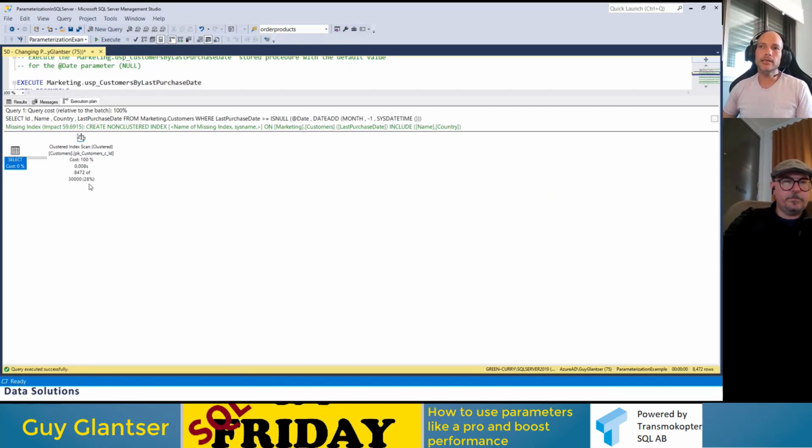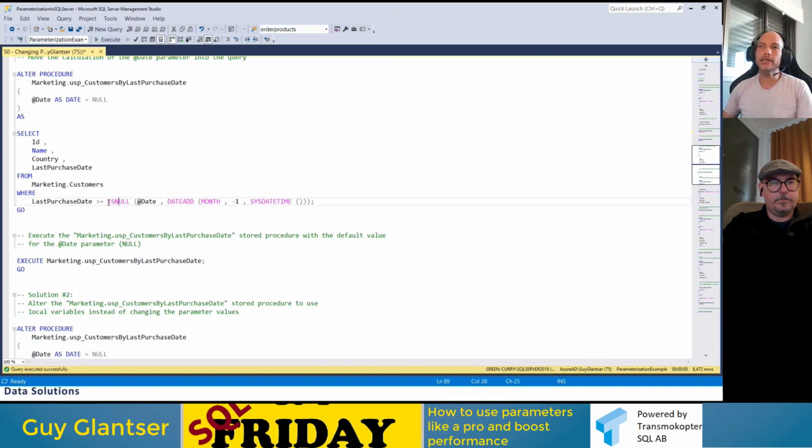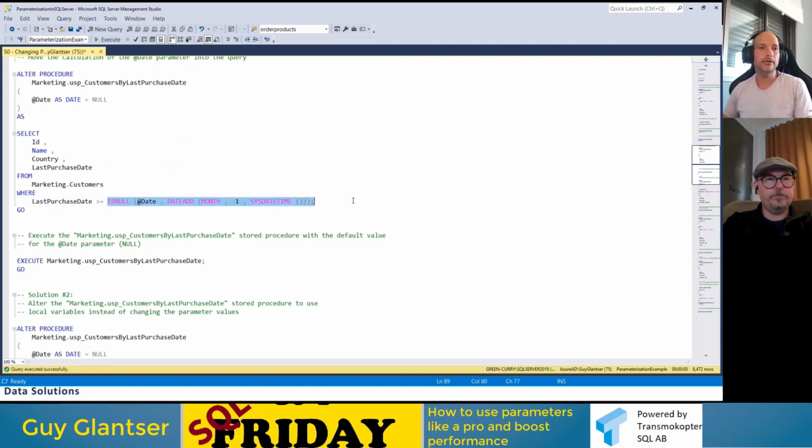And this is a very round number, okay? Where it comes from. The problem here is the isNull function. You should know that the isNull function itself is an unknown value during compile time. During compilation, SQL Server doesn't know how to evaluate this expression. So this entire expression is unknown during compile time. And again, SQL Server has rules for how to deal with unknown values.